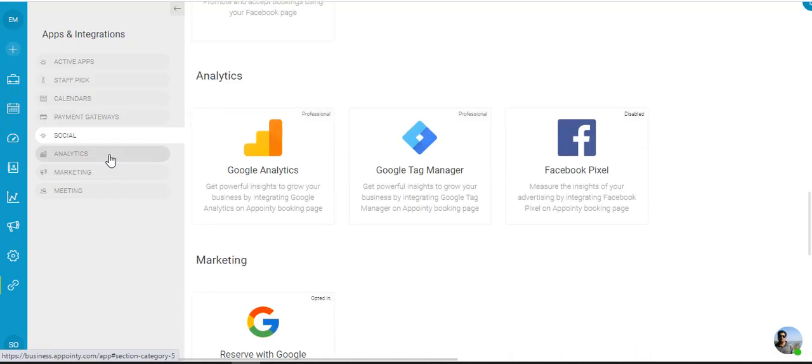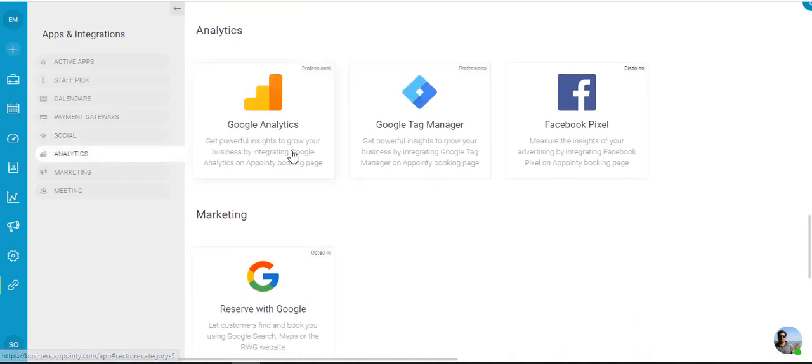The one below that is Analytics. So we integrate with Google Analytics, Google Tag Manager, and Facebook Pixel. What this basically does is if you're running any AdWords or any campaigns on Facebook, the system's going to then communicate with Appointy and let them know that, okay, so you ran, let's say, a marketing ad campaign on Facebook, and